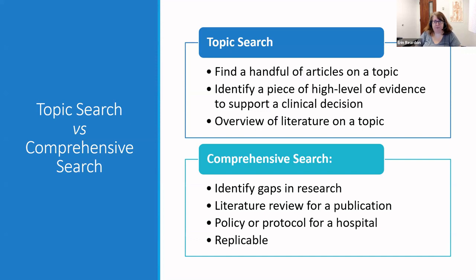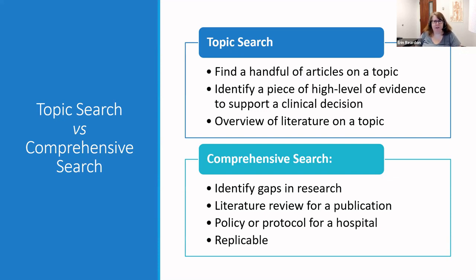And the thing about comprehensive searching, the way that we're going to talk about it today, is that it's replicable. So if you need to run this search again in 5 months, you want to find what new literature has been published in that same area, you can basically copy and paste the search that you built today 5 months from now, and it'll run the exact same search and find the exact same articles plus anything that has been added since then.